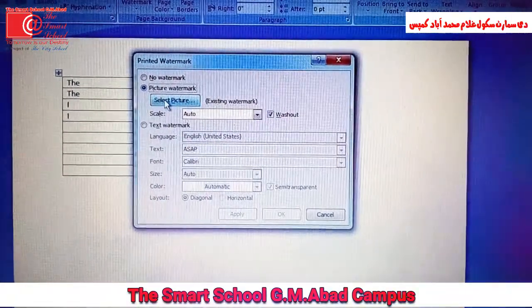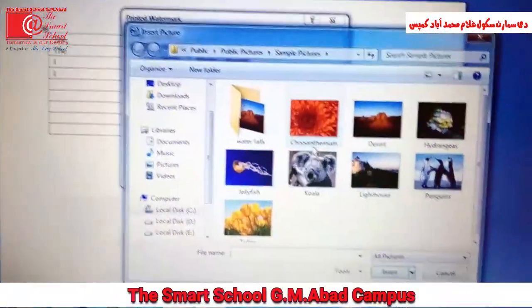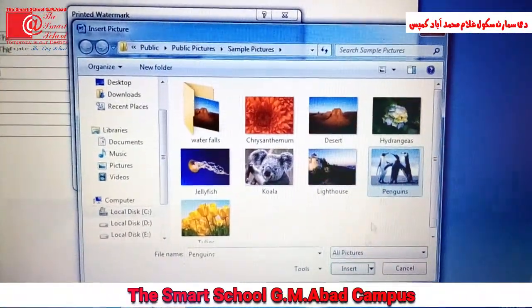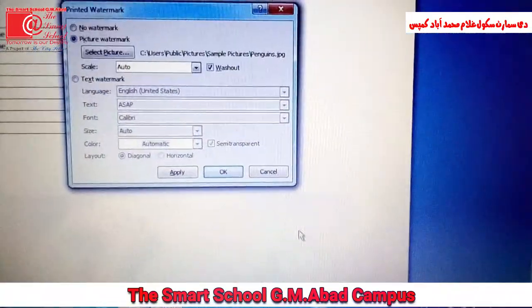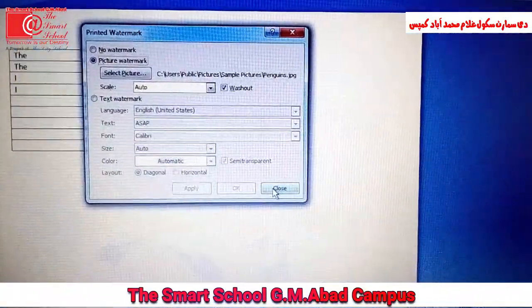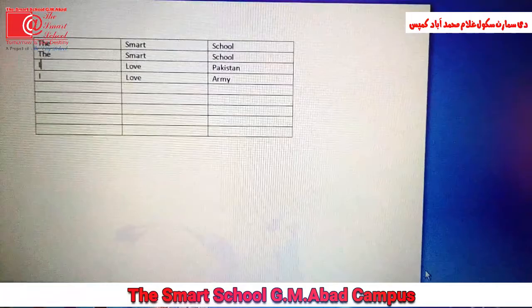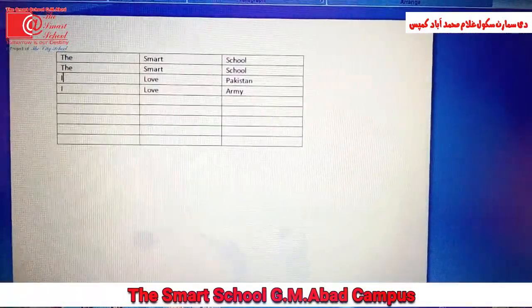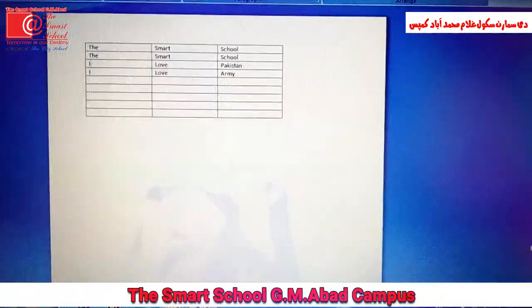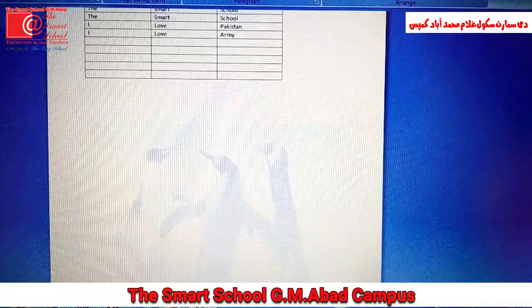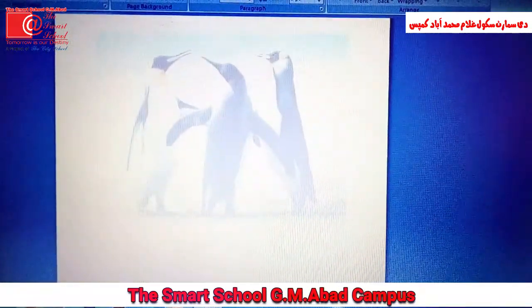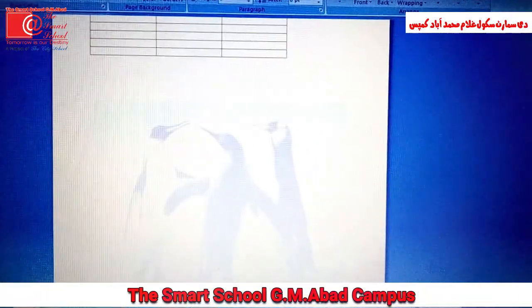Now select your picture. Choose a picture here. Apply your picture. Close it. And you can see here your picture watermark gets inserted behind the document.